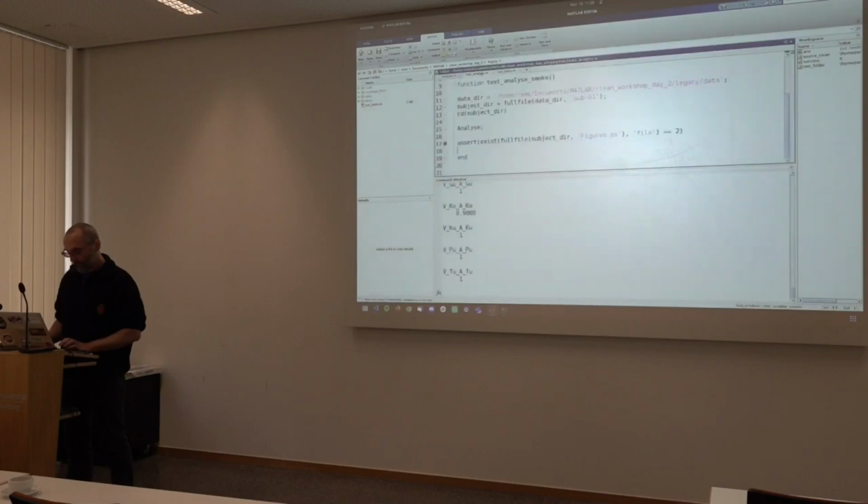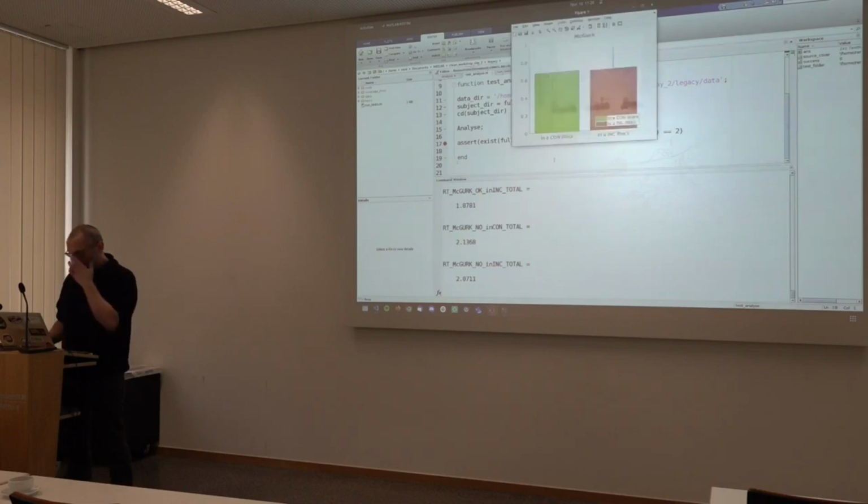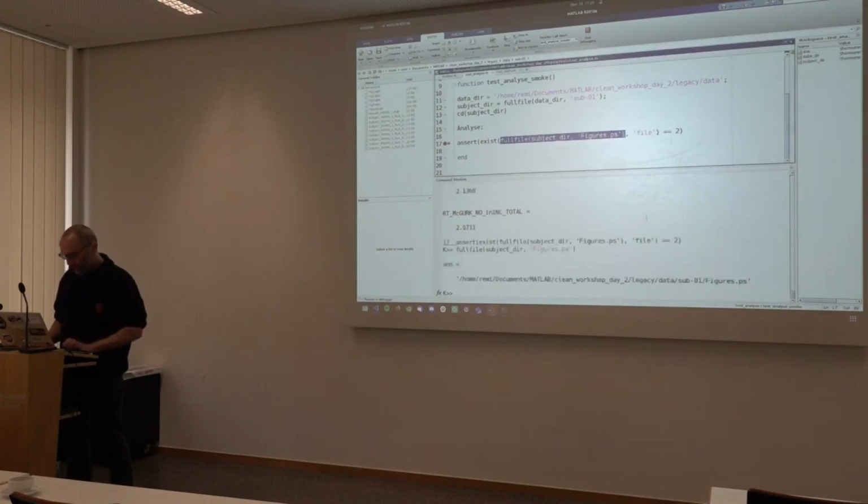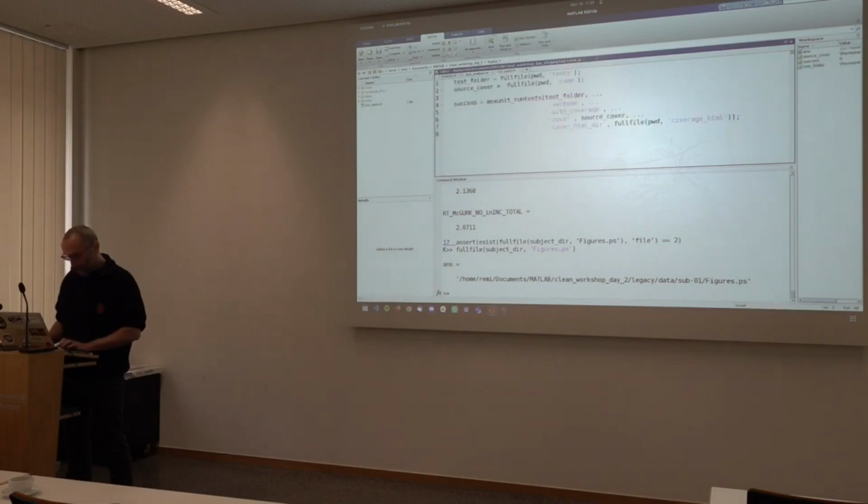So I'm putting a breakpoint here so that it's going to stop right before I run the assertion. So does that make sense? Nope, it doesn't make sense because things are in the behavioral folder, not just this one. So behavioral folder. So now it should be fine.